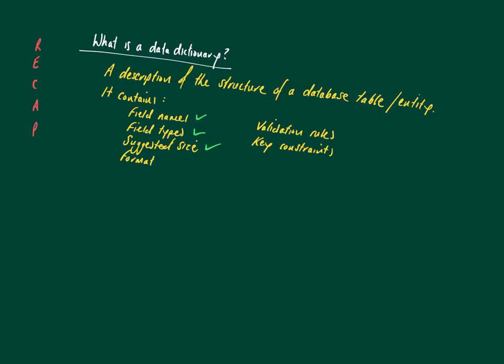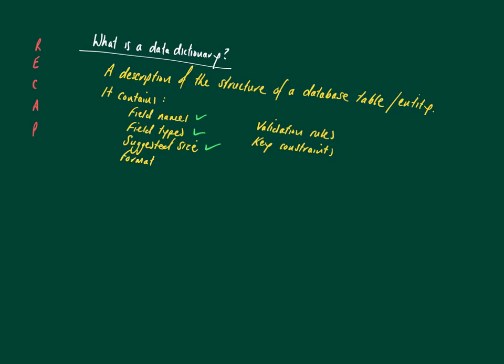If we quickly recap on the idea of a data dictionary from the last lesson, we covered field names, types, and suggested field size, but we didn't really go into format. We went a little bit into validation, not very much, and we didn't do anything but key constraints. So the purpose of this lesson is just to go through those three things in the data dictionary, and then